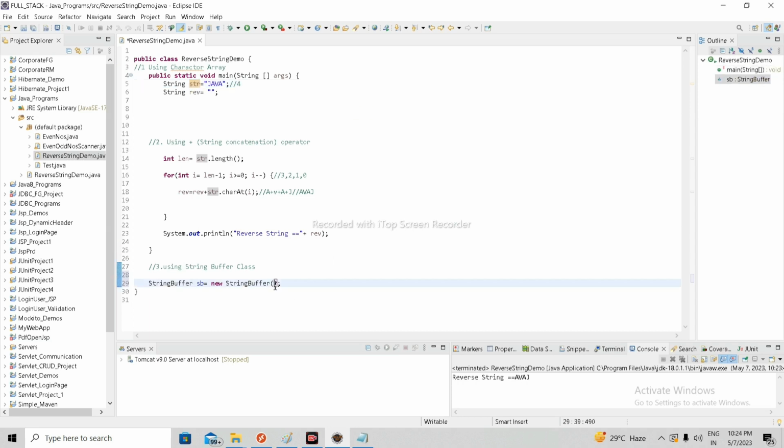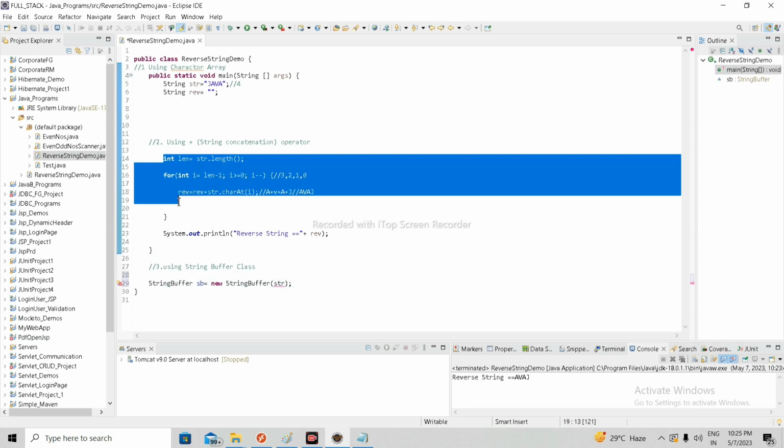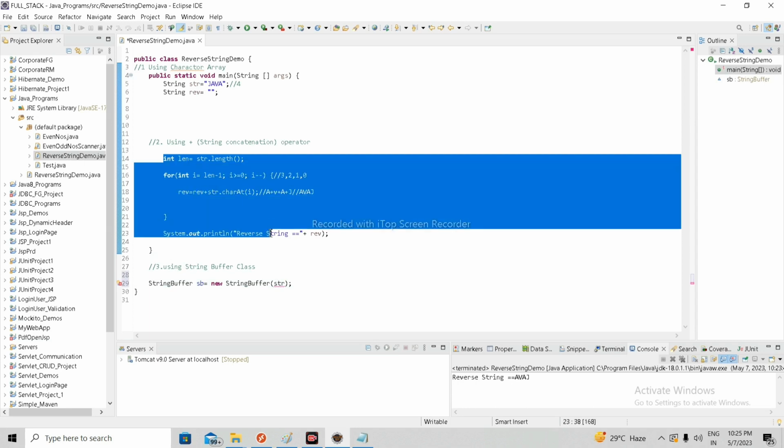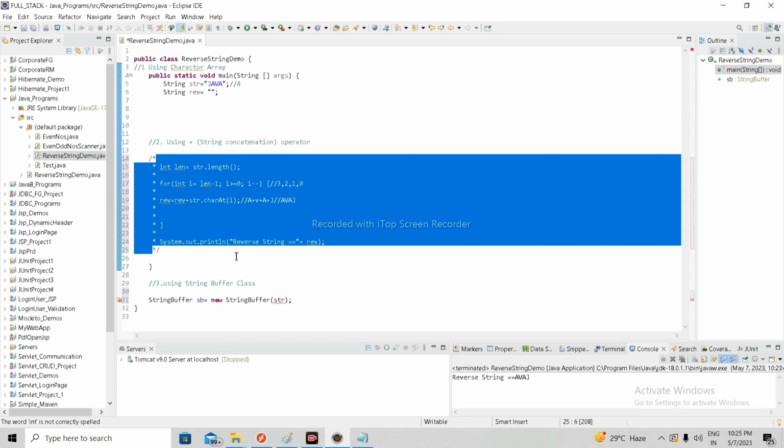The string you want to reverse, you just pass inside the object of StringBuffer. Okay, so I'm passing the str object here. Why is it giving the error? Because I'm taking this line out of the main method. Okay, out of the main method, that's why.